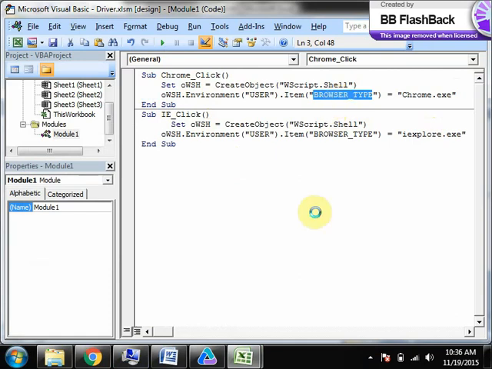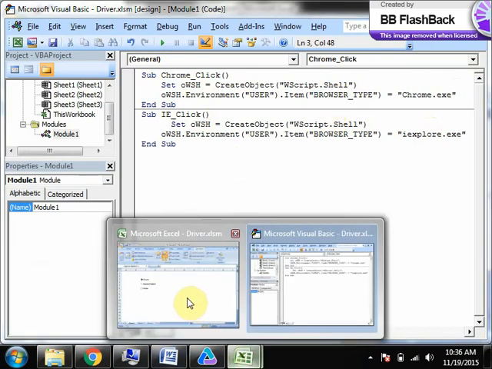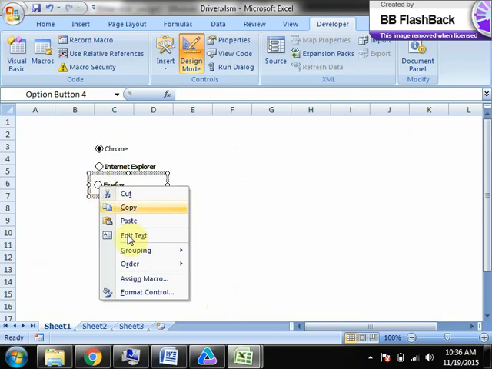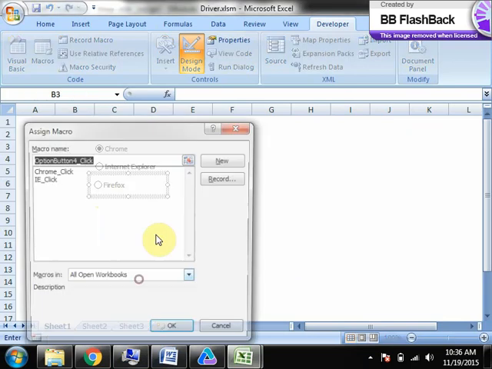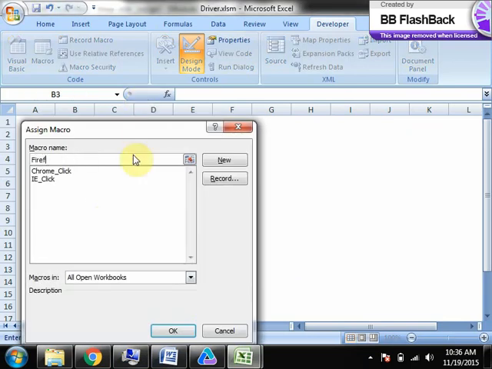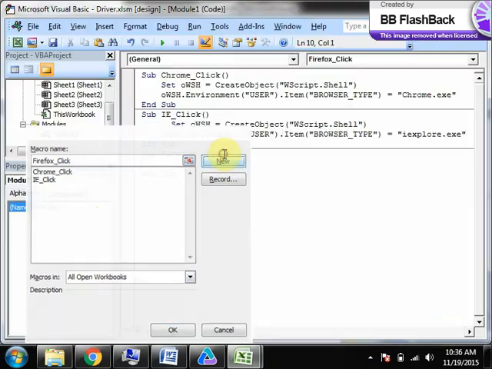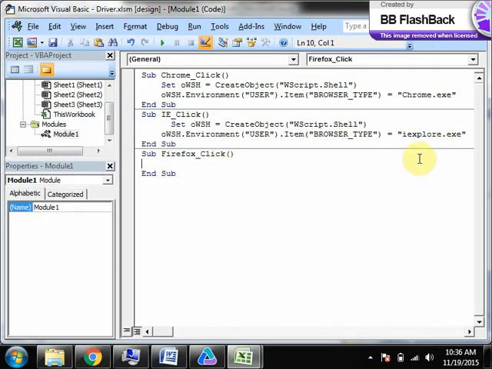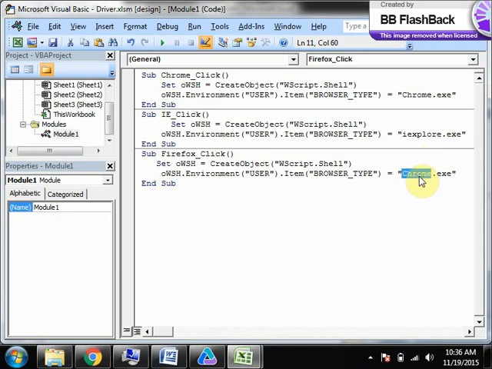Then this is one, and the next is Firefox_click. Then you can say same thing you can paste here. Then Firefox.exe. I'll just click on now.